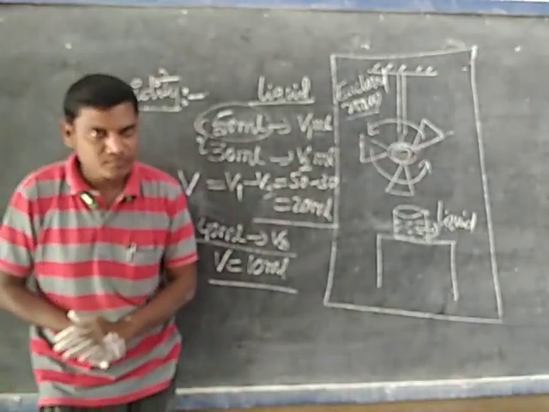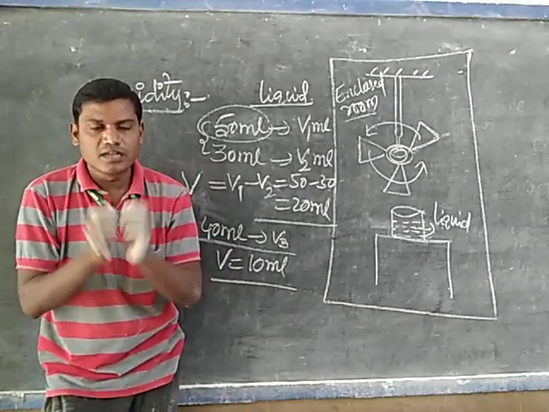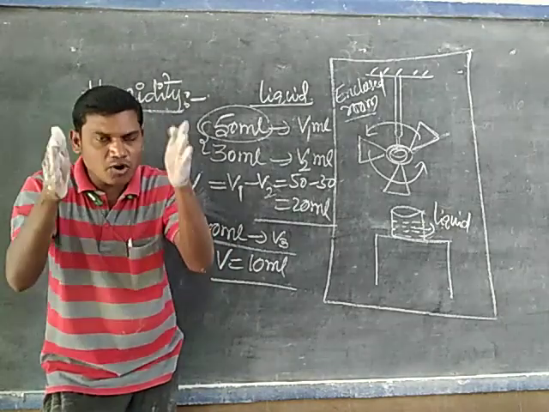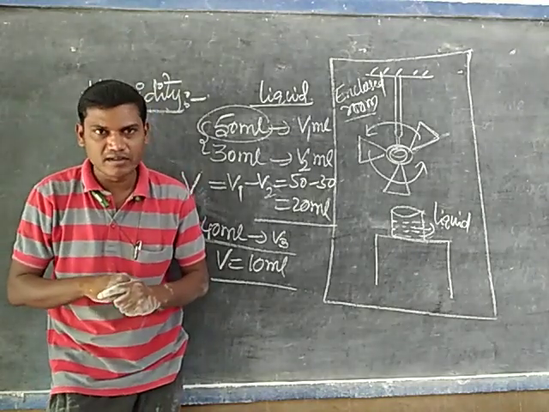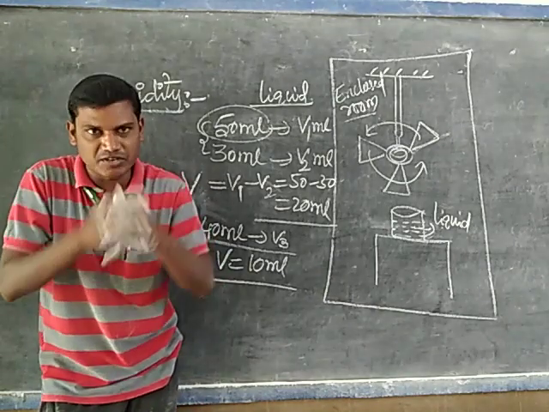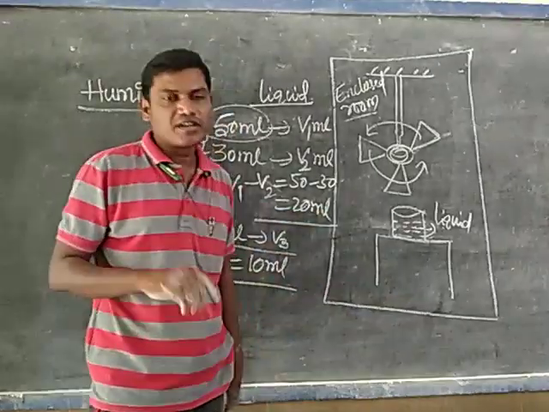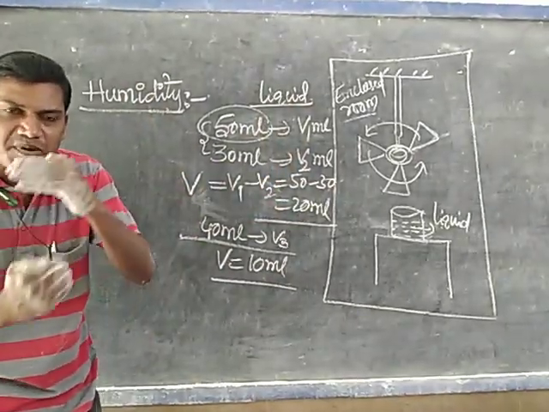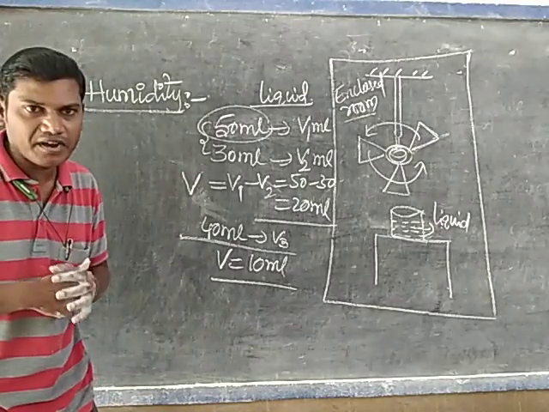Simply, first of all we take a beaker. The beaker is filled with a certain quantity of liquid and placed on a table. Now this entire apparatus is kept under a rotating ceiling fan. Now we close the room and leave it. After 5 hours we observe and measure the level of the liquid and note its value. Next we repeat the same experiment by filling another beaker with the same quantity of liquid.